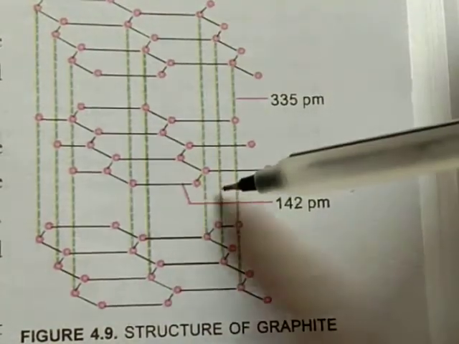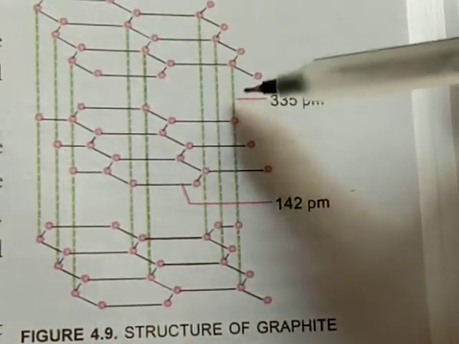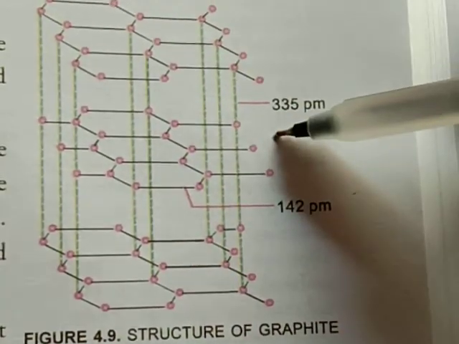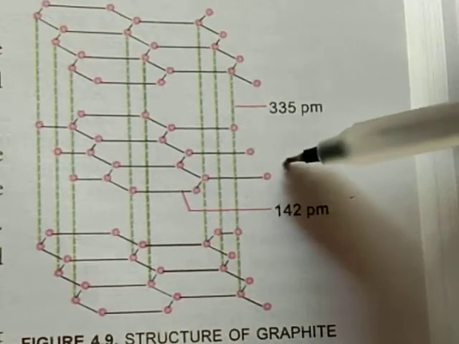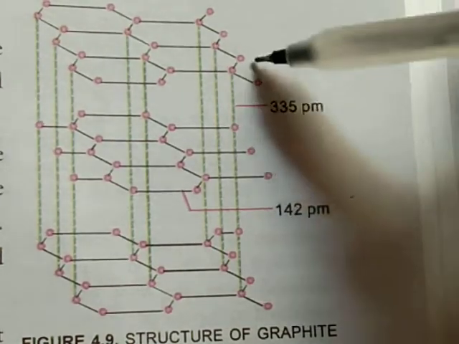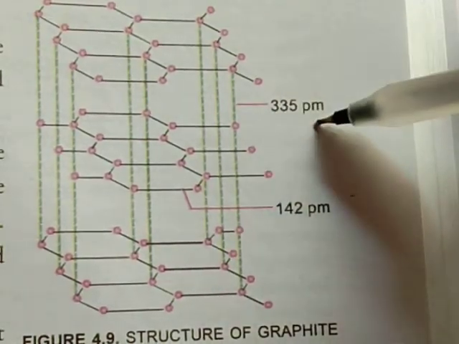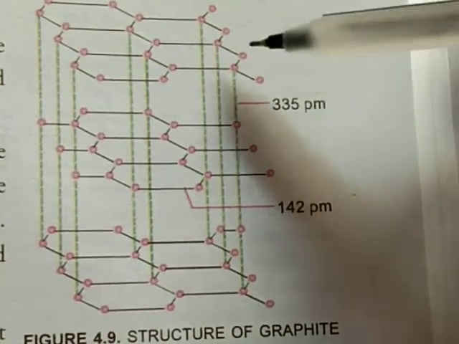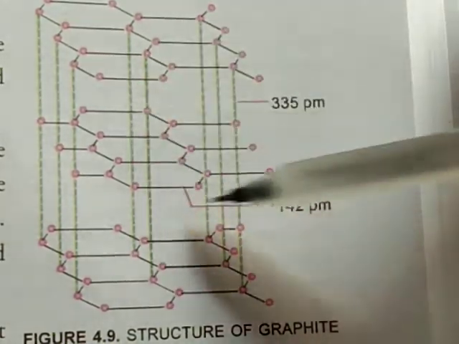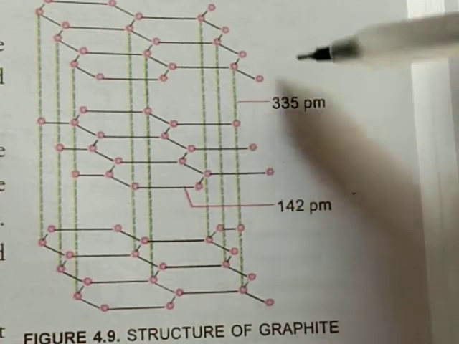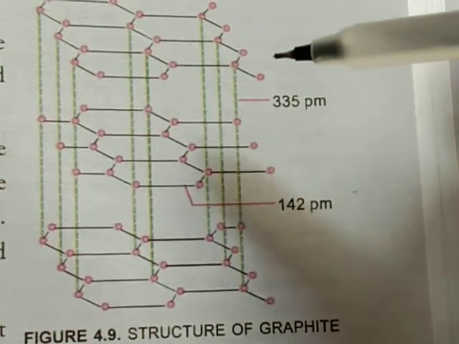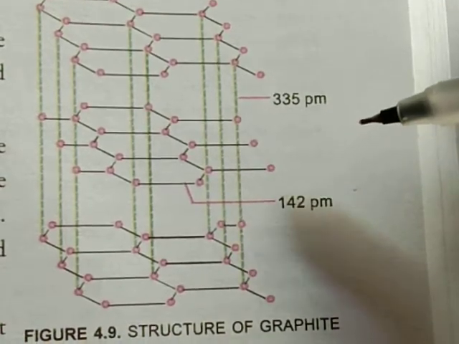So the properties of graphite: it is very soft and greasy, because its structure is not compact like a diamond. Its color varies from steel grey to black, depending on the origin, and it has a metallic luster. Due to the presence of one free electron of each carbon atom that is free to move, graphite is a good conductor of electricity. It is a good conductor of heat also.